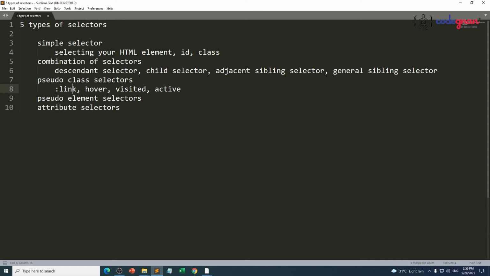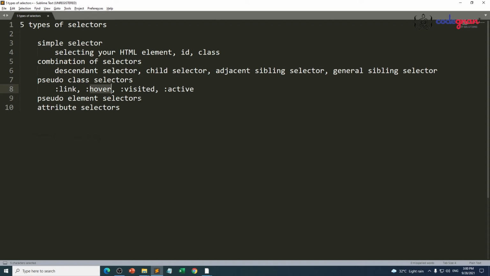In your HTML, you have a concept called anchors, which helps you select a particular element and provide a link to that element. That is what we call an anchor tag. For those, we apply these 4 things: link, hover, visited, and active. Mostly we are going to use the hover operation for all the elements. Hover is a very excellent thing.